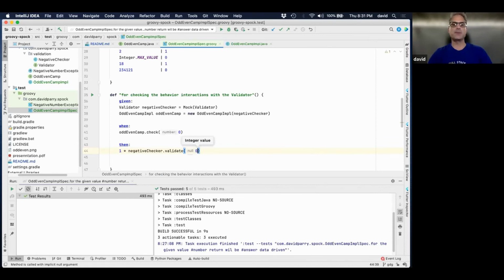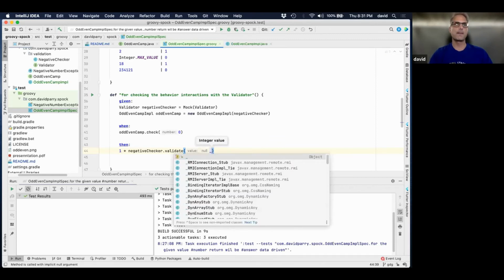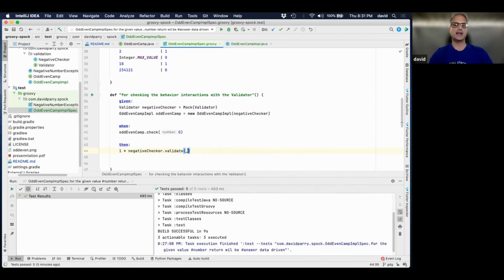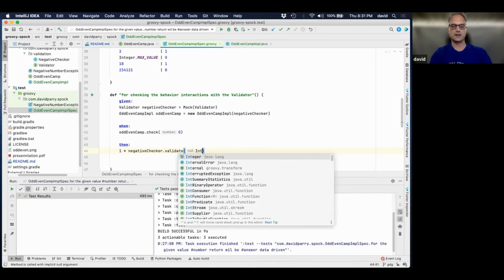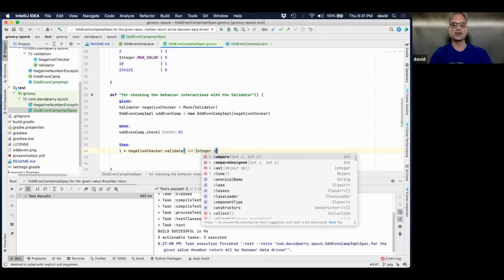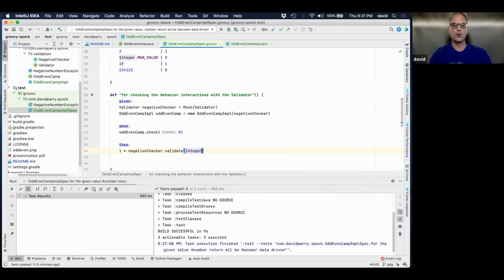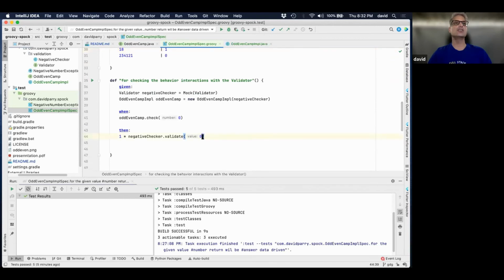Here's the other thing. I can say I'm expecting the number 0 to be passed into it, or I can say I'm not sure what number and just pass that in. I don't even know the type, or I can put types like integer, because I know it's going to be an integer class or something like that. But I like the very explicit, like I know that validate should be called one time with the number 0. You can pass things from your data, like I know that the value answer is going to be in there. So I could have used answer too in other ones. So I can say, I am expecting that.